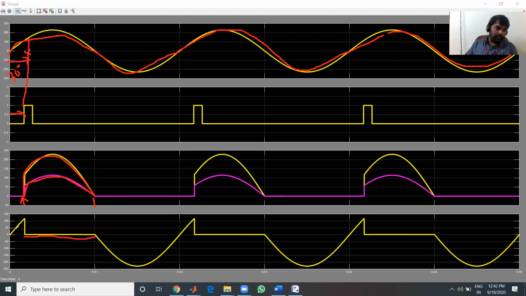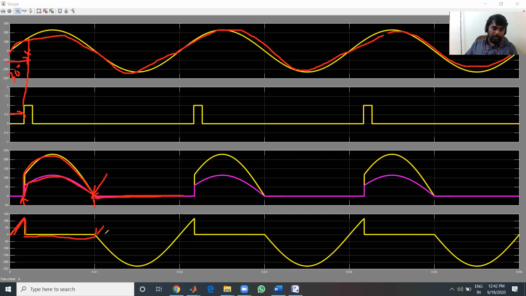And during alpha, the SCR is in forward bias condition. It is blocking only forward voltage because the SCR remains in off condition. So it has to block the forward voltage. And you can see at this particular point, at omega t equal to pi, the current flowing through the SCR, which is connected in series to the load, is becoming 0. So load current equals 0, and we won't get load voltage because load current equals 0 here.